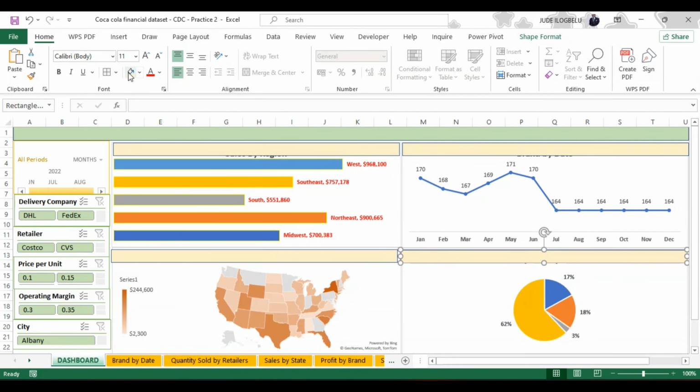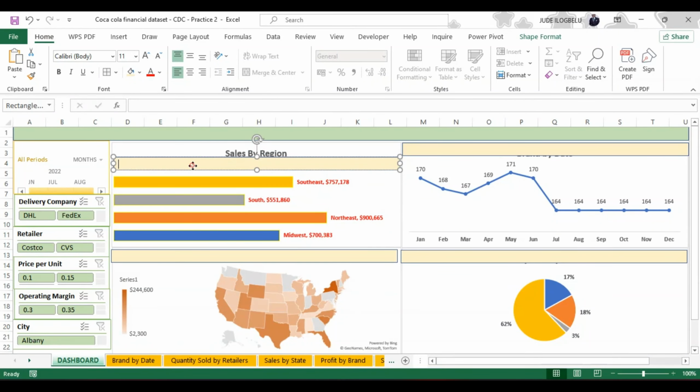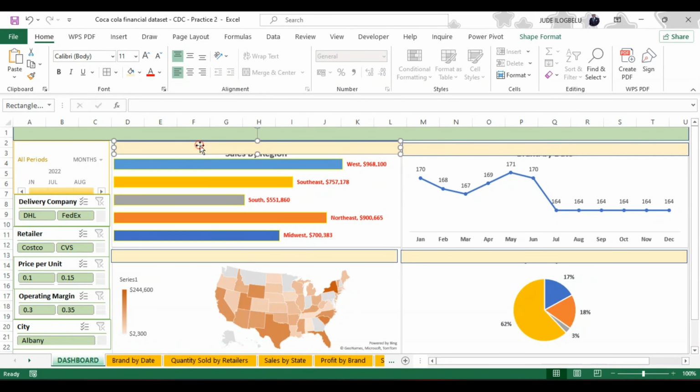Okay, so the next thing we do is we format this sales by region. So I can come here and write sales by region. I change the color to black, bolding it, then align it and bring it to the center, and also increase it. If this is okay by me,